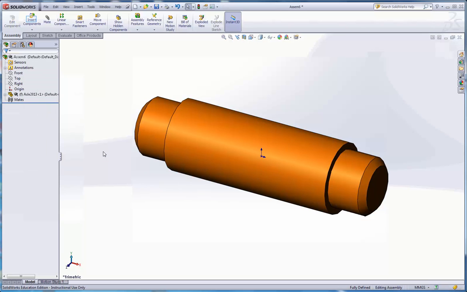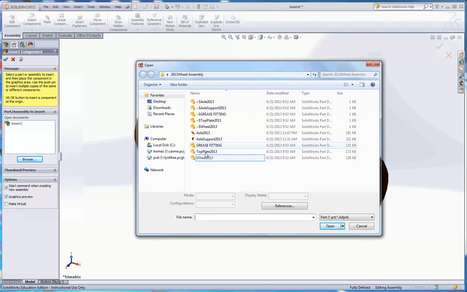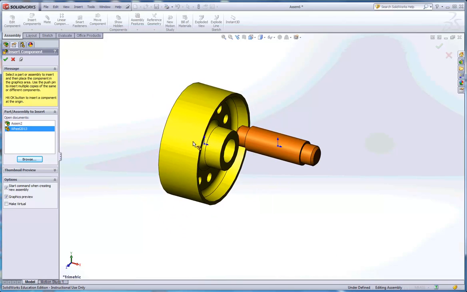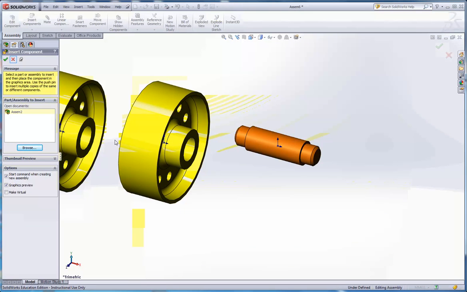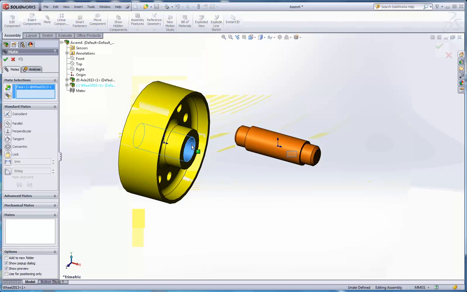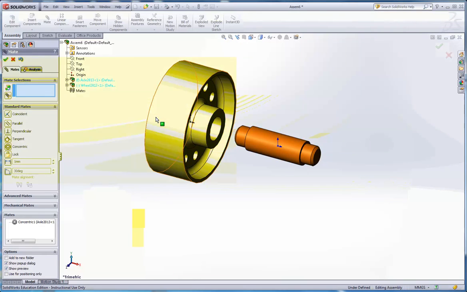I'm going to bring in another component, the wheel. So insert components, I'm going to pin that in place and browse for the wheel. When I bring the wheel in, I'm just going to mouse out so I can see that better and drop it down. Once I've got that one wheel in, I'm happy with that, and what I want to do here is create a coincident mate and a concentric mate. So I'll start with the concentric mate. So mate, select that surface of the wheel, concentric with that surface of the axle. So they are now concentric